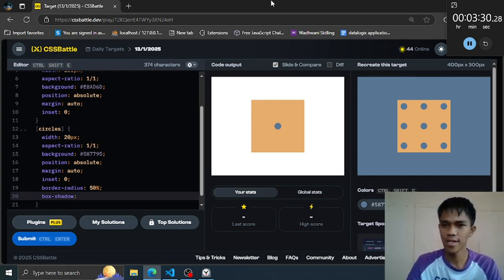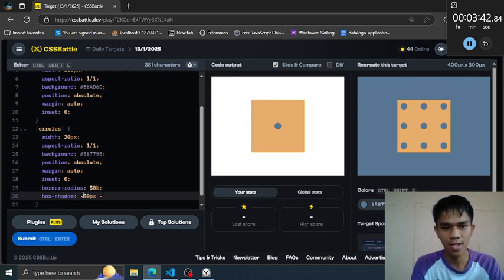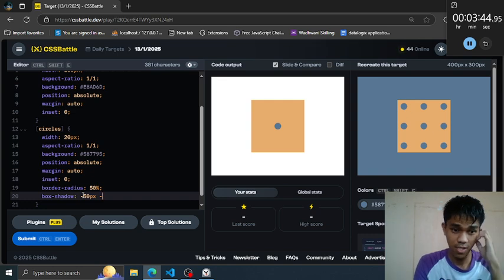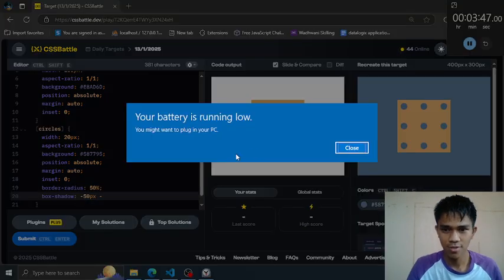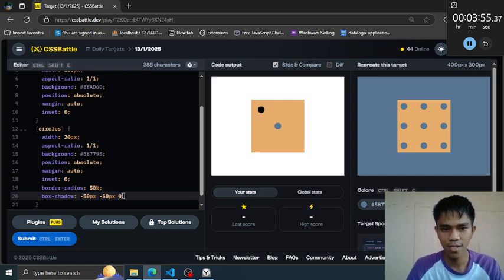So first we're going to do the top left corner. So negative 50. This is just an estimated value as an offset. So negative 50 pixel to the left, and to the top is negative 50 pixel also. 0 as a blur effect, and the color is this background color blue.